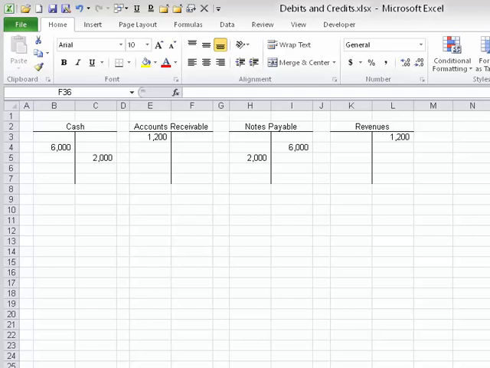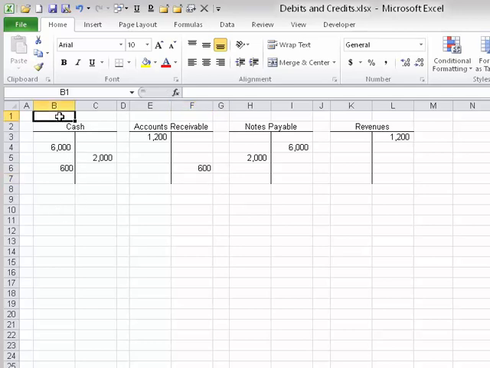Okay, so our customer is going to pay us for just half of the tax return. We had made the sale for $1,200. We said they owed us $1,200. We're going to get paid $600. So our next transaction would be an increase or a debit of $600. We increase cash with a debit. Our debits have to equal our credits, and we credit accounts receivable because now the customer only owes us $600